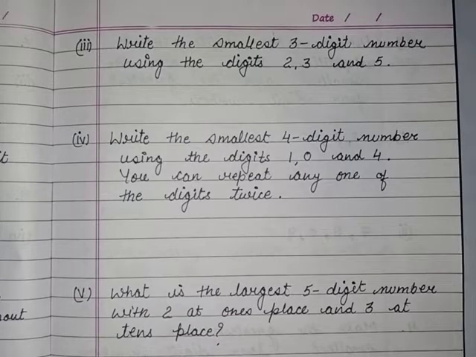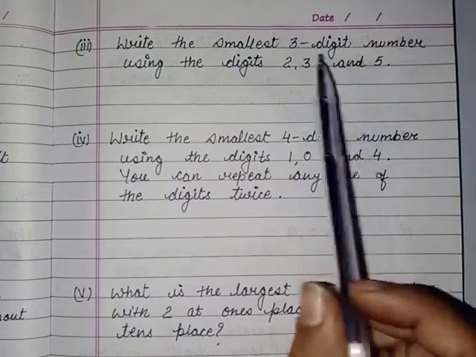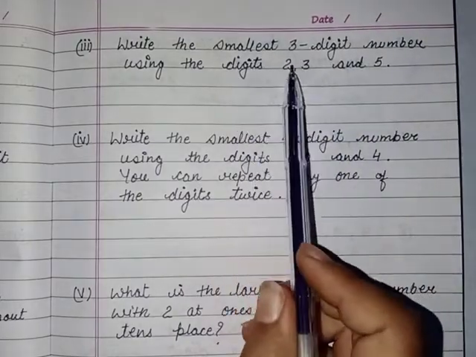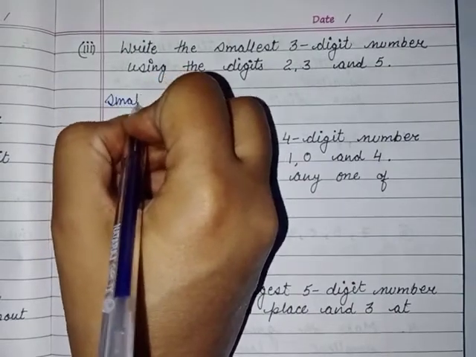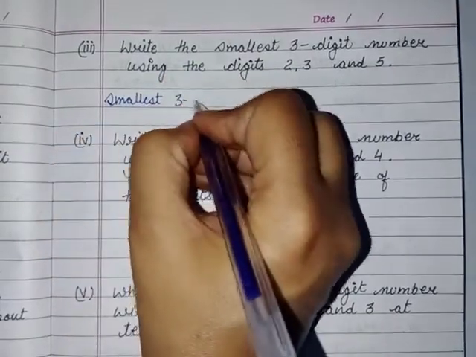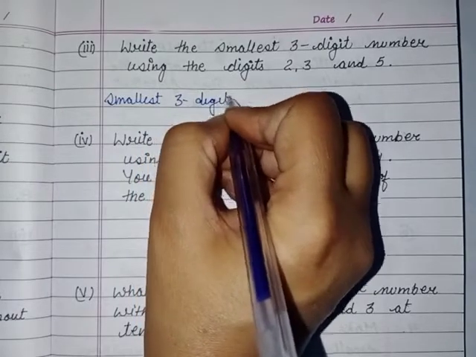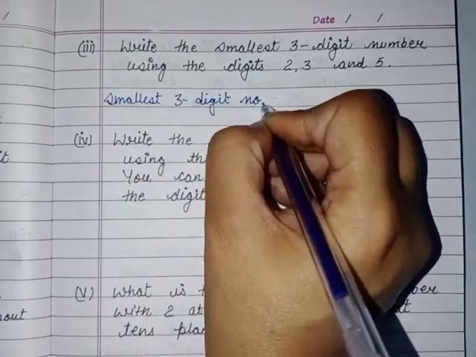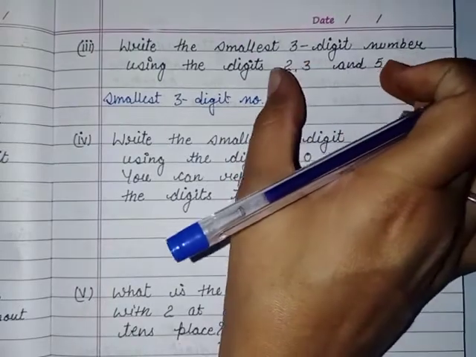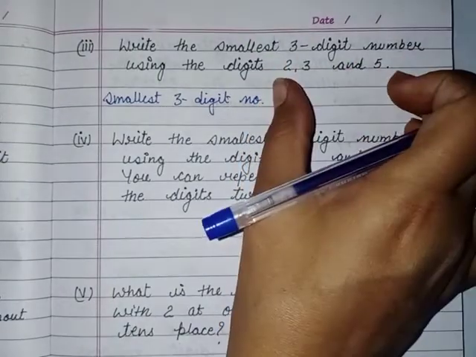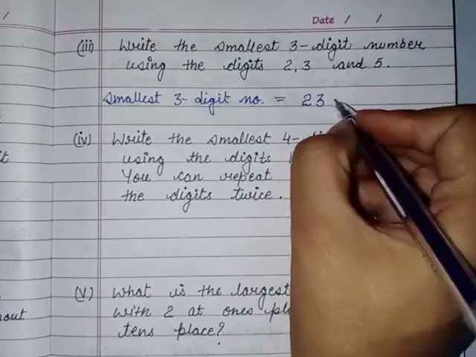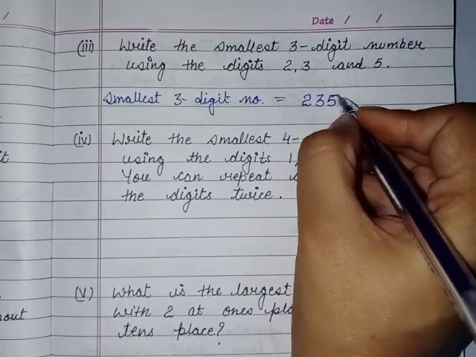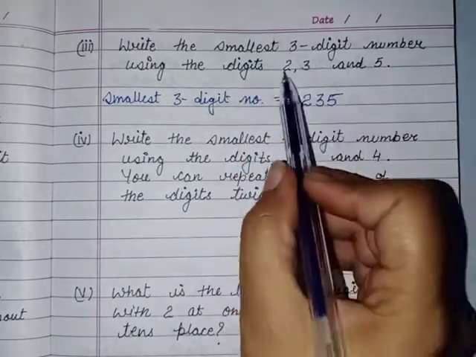Next, write the smallest three-digit number using the digits 2, 3 and 5. You want to form the smallest three-digit number, na? So firstly you will put the smallest digit. The smallest three-digit number which is formed using these three different digits is: firstly put the smallest digit, then this, then this. So the smallest number formed using these three different digits is